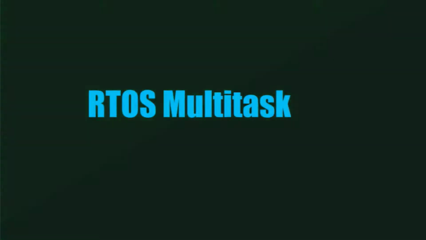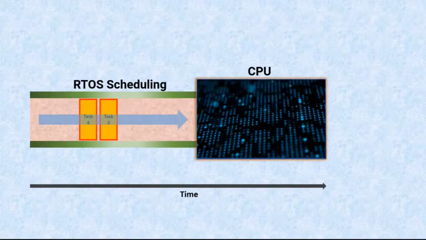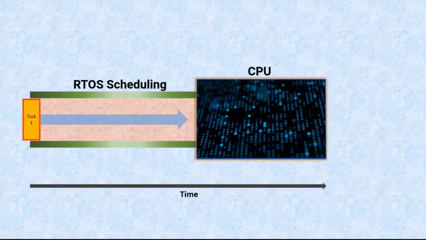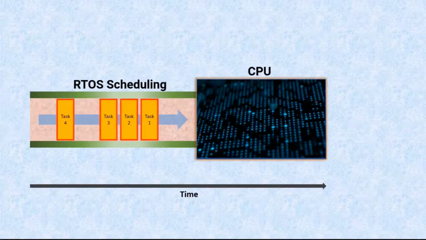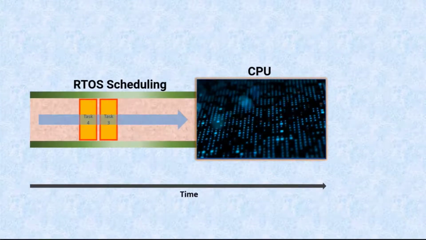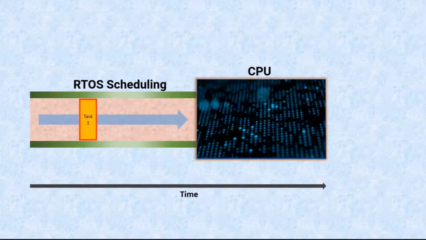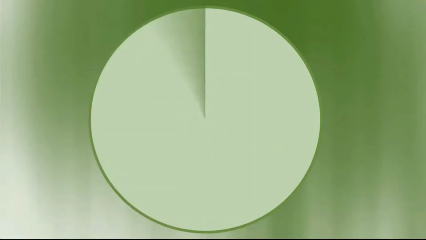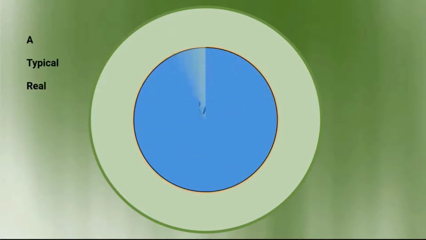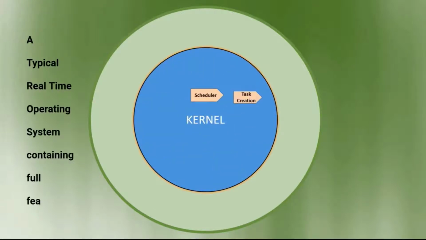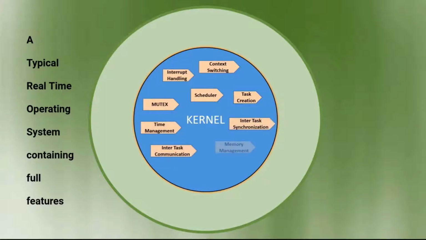A multitasking environment allows a real-time application to be constructed as a set of independent tasks, each with its own thread of execution. Multitasking creates the appearance as if many tasks or many threads are running concurrently, when in fact the RTOS kernel carries through execution on the basis of a scheduling algorithm.